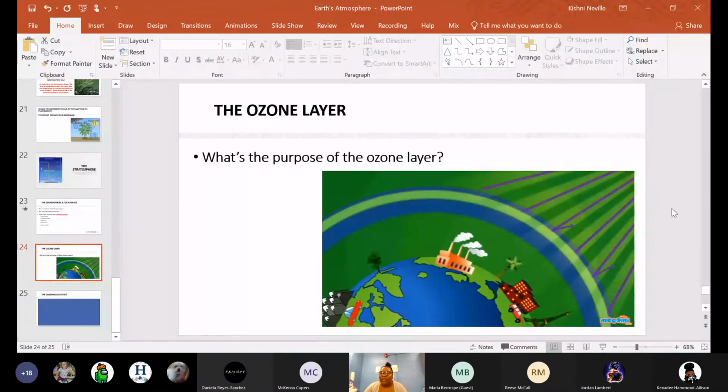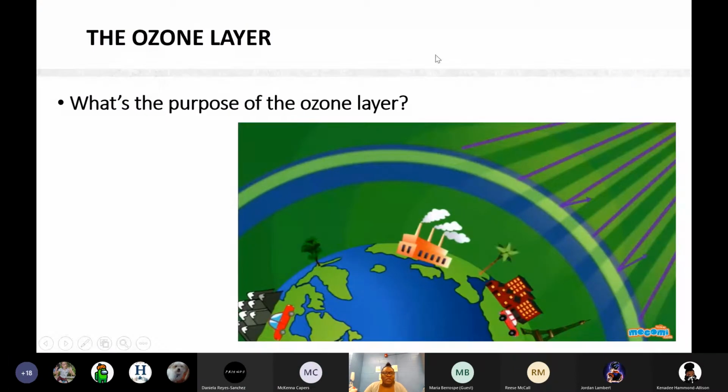I don't remember if we looked at this in our notes, but we want to make sure we have in our notebooks the question: the ozone layer, what's the purpose of our ozone layer? And so the purpose of our ozone layer,